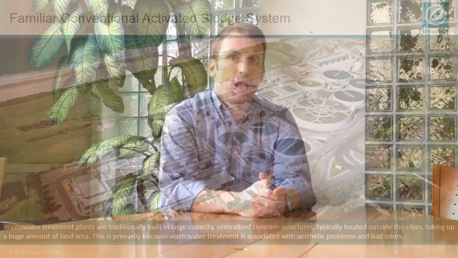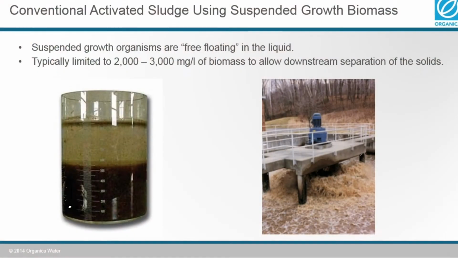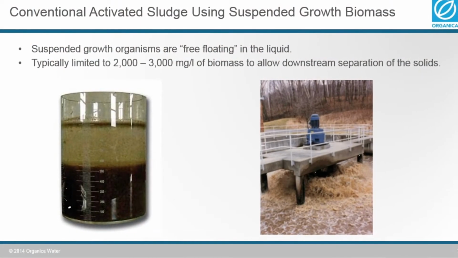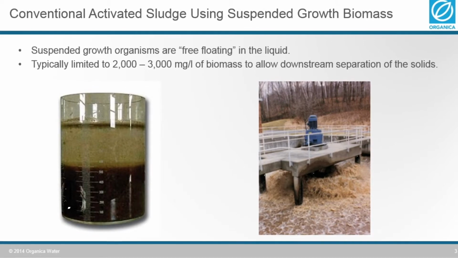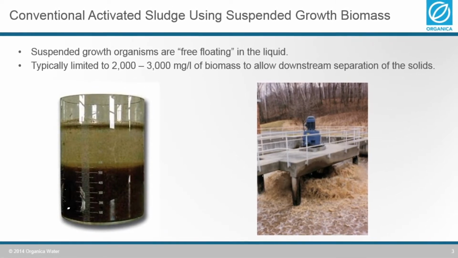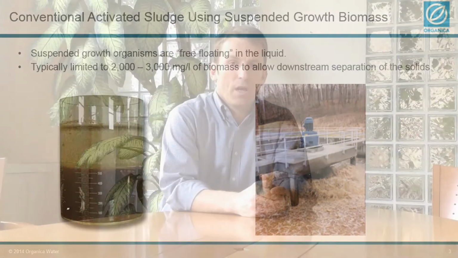world. They all rely on suspended growth of biological bacteria and organisms that consume waste. The suspended growth simply means that the organisms are free-floating in liquid, and so therefore suspended in the liquid column. And they typically operate in the range of 2,000 to 5,000 milligrams per liter of biomass that's suspended and lives